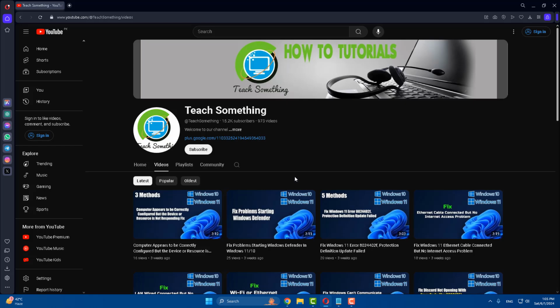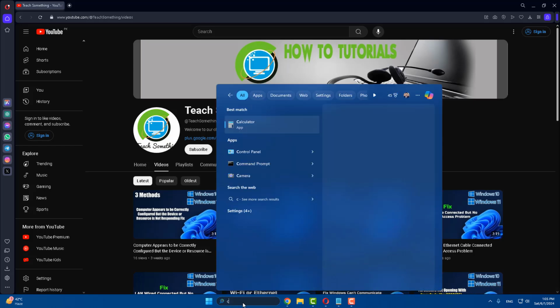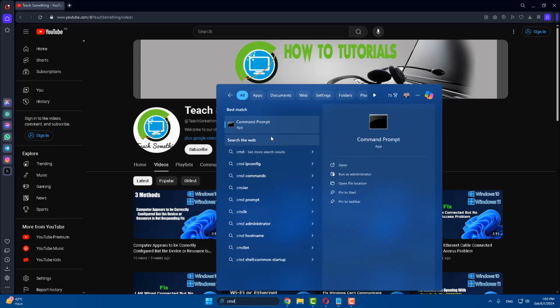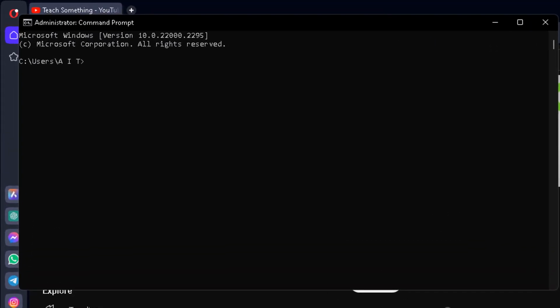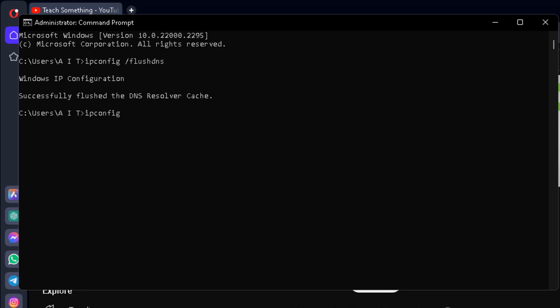The next method is that in the search box type cmd and open Command Prompt. Right click, Run as administrator. After opening the command prompt, first of all type the command ipconfig /flushdns and press enter. After that type the command ipconfig /registerdns